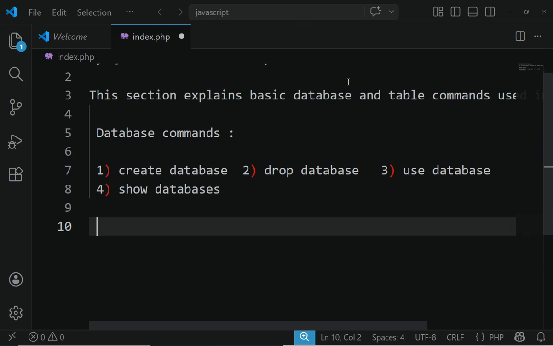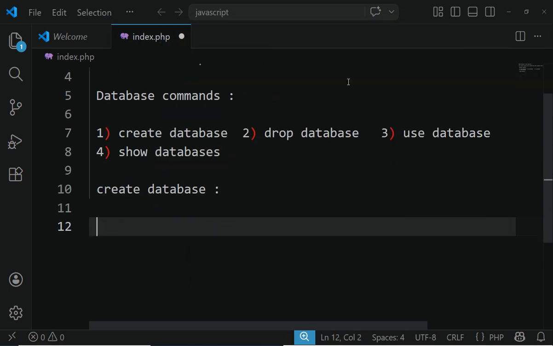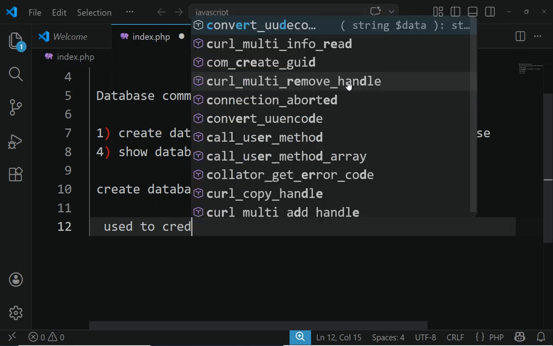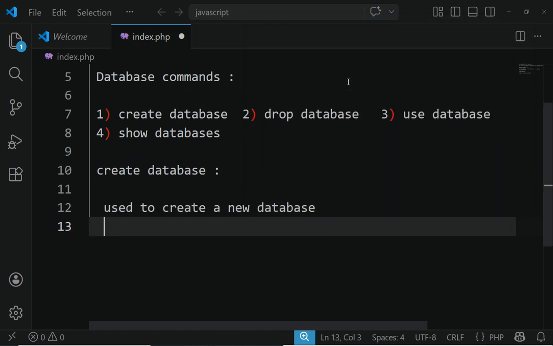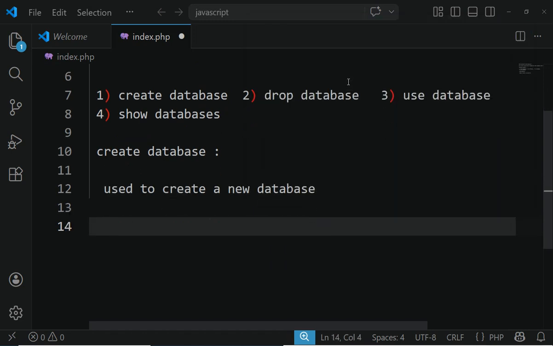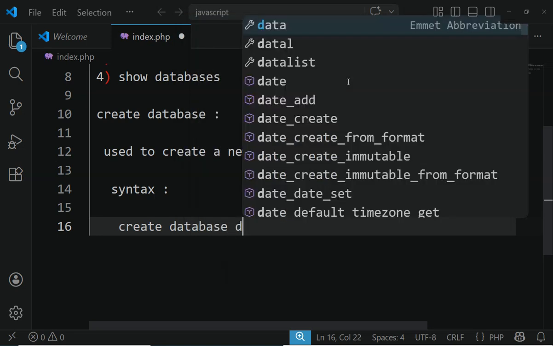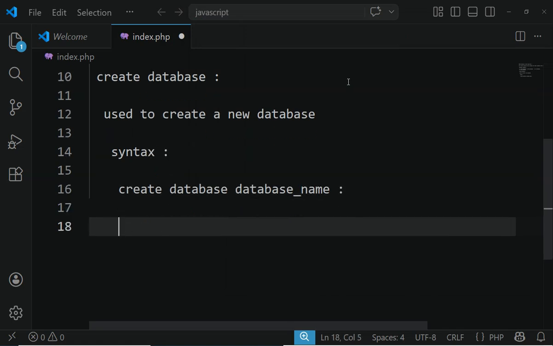First we'll check create database. Use it to create a new database. Syntax for this: create database, database name. For example,